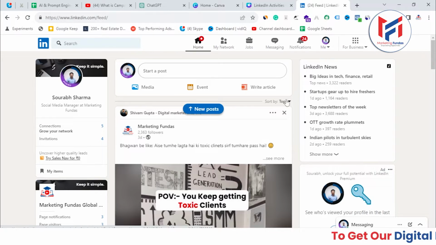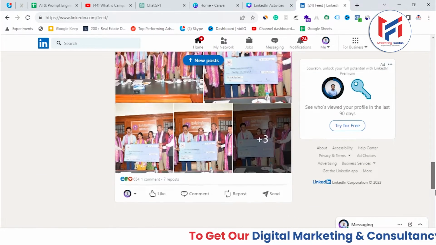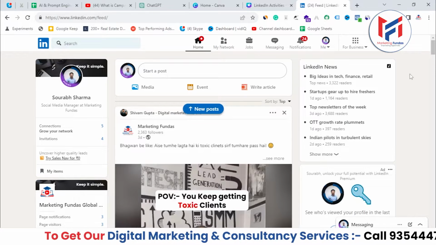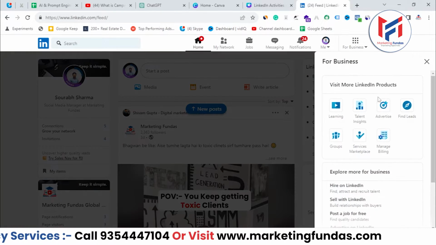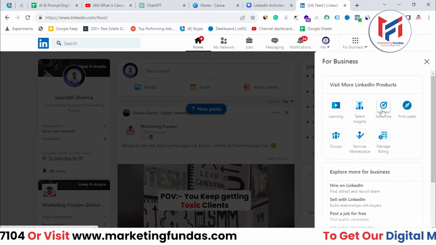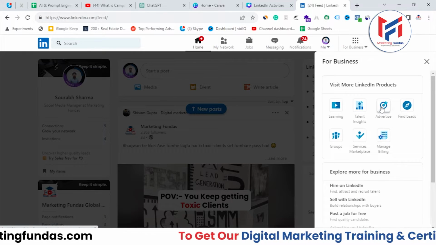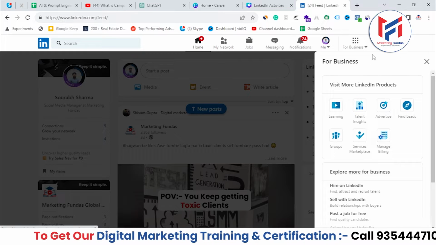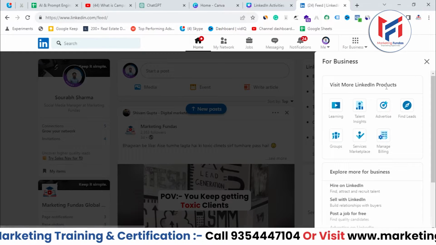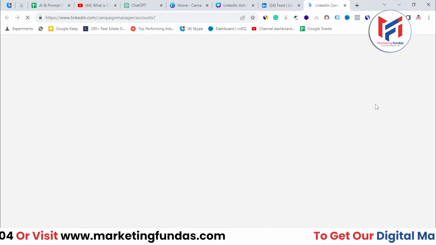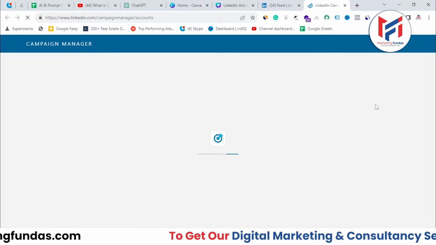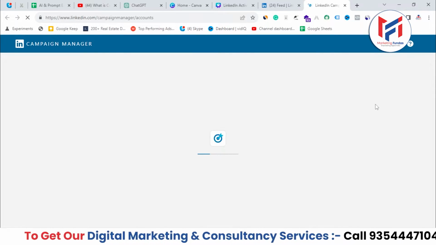So guys, as usual, I'm in the home section of my LinkedIn platform. Now first I need to access the campaign manager. For that I need to click on this business icon and find the advertise button over there. Sometimes this advertise button will show here, otherwise you'll be able to see it in the Visit More LinkedIn Products option. Right, so click on the advertise option, and once you click on it you will be redirected to the